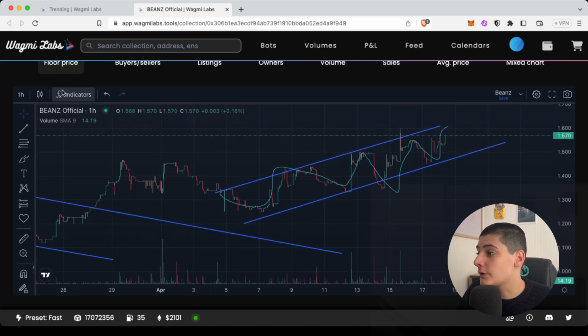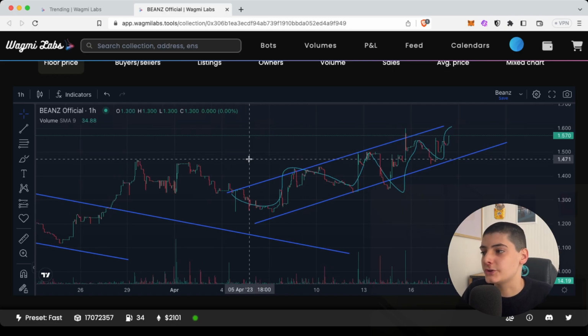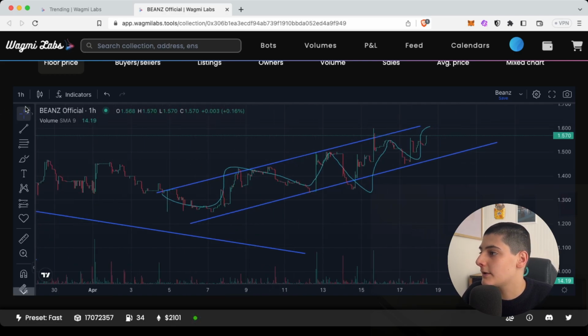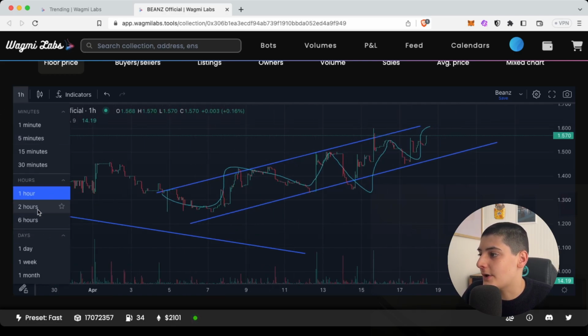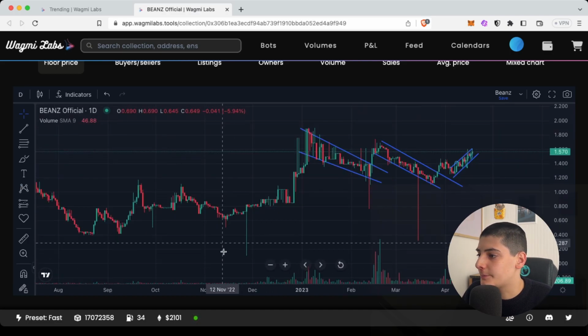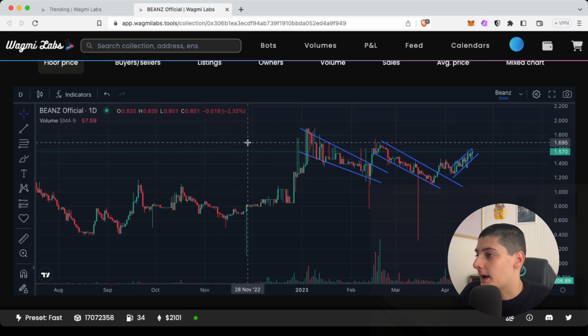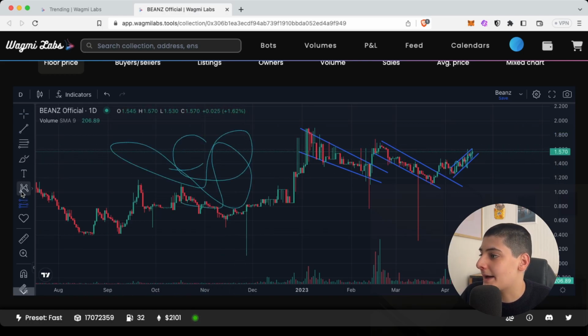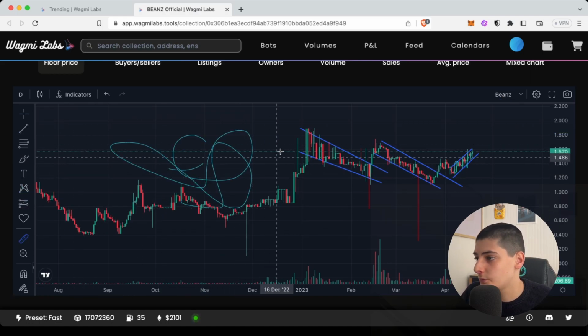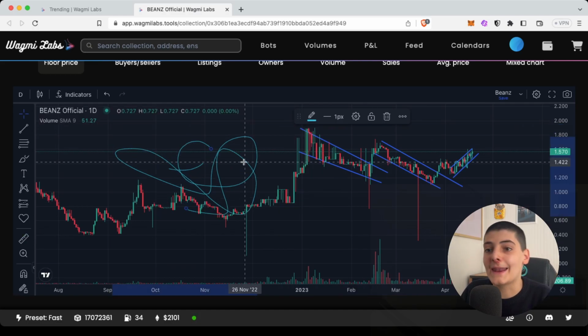But anyways, here of course it's literally TradingView, so you use it just as you would use TradingView with crypto, stocks, forex, etc. Here you have your time frame, here you have your volumes, period, etc. And then of course you can do all your charting and drawings with the lines. You got trend lines, text, patterns, etc. Then of course we have a ruler where we can see the movements in price